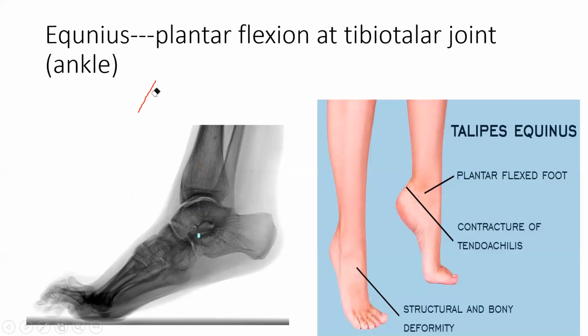Wherever there is a movement, this part is stretched, and these muscles and ligaments are contracted. Because there is shortening, there is a contracture and it will become very hard with time. So to correct this, you have to release these ligaments. There is a contracture of the tendo Achilles, which with time goes into contracture.